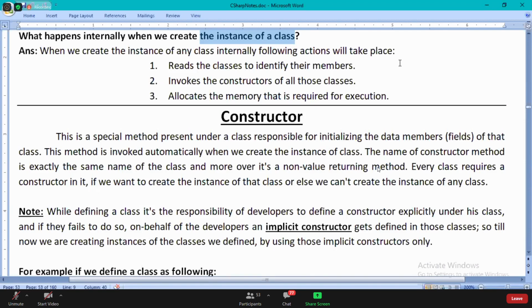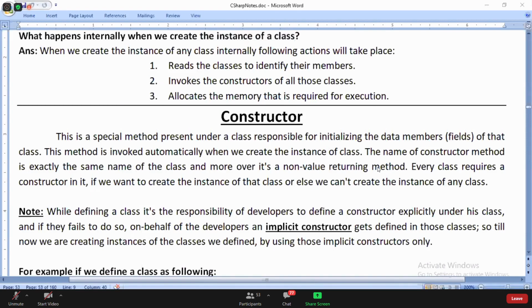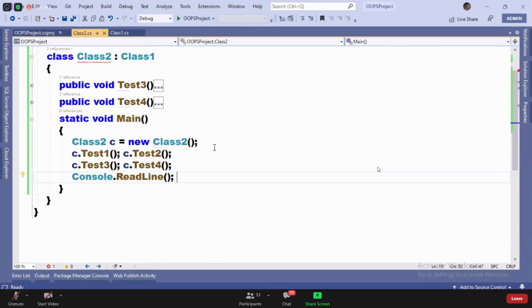Okay, so what is the problem that happened here? When you defined a constructor on your own, what problem happened? Which class instance is created? Child class instance, right? When the class 2 child class instance is created, the control first jumps to class 2's constructor.